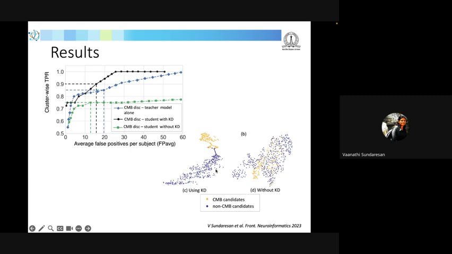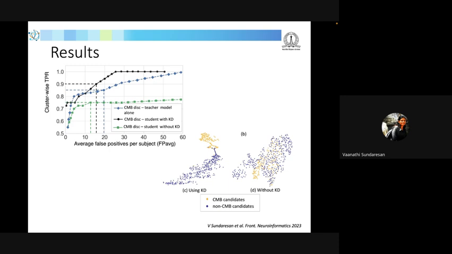And the second we want to know is how good are the features corresponding to microbleeds and their mimics. So we want to achieve a very good discrimination between the features. So the whole idea is to identify and distinguish microbleeds from the mimics. So what we want to do is basically distinguish the features, and we want to check